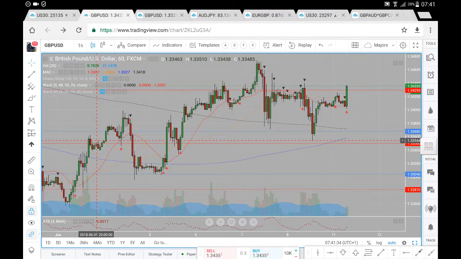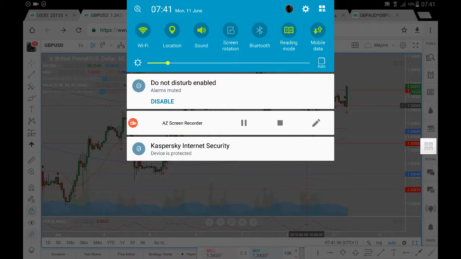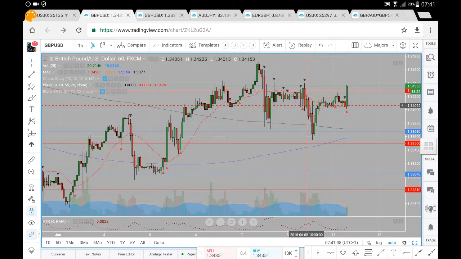So this is pound dollar analysis for Monday, the 11th of June. Now, let's just have a look at the prices and where prices may likely go. So previously we had prices head up towards the 34.70. We're foreseeing the strong sell side momentum come back into the market, bring us down towards the 400 period moving